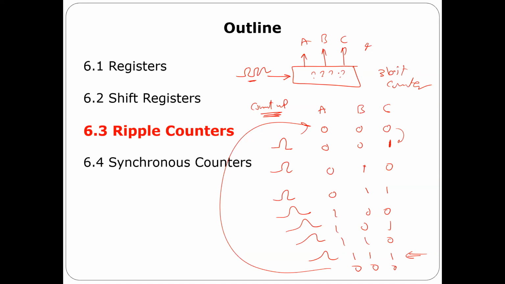Number one, for example, the input here doesn't need to be a clock. For example, I want to count. I can put a sensor here, an infrared light. Say you have some cars here. Every time a car cuts this infrared line, the sensor is going to generate a pulse. So if you connect these pulses here,